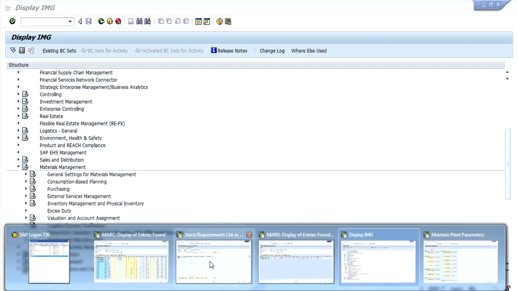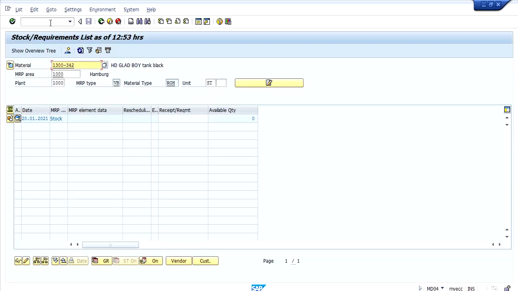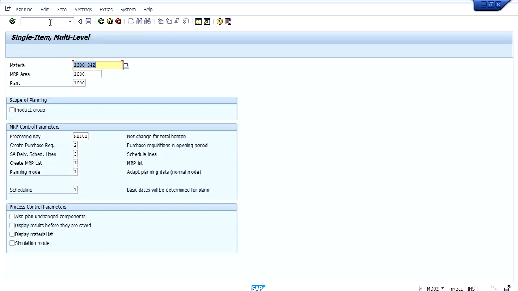What I will do is, I will run MRP, and let us see how the system will behave. Here this is a material that has been created for the plant to which we have assigned the ZNEW document type.